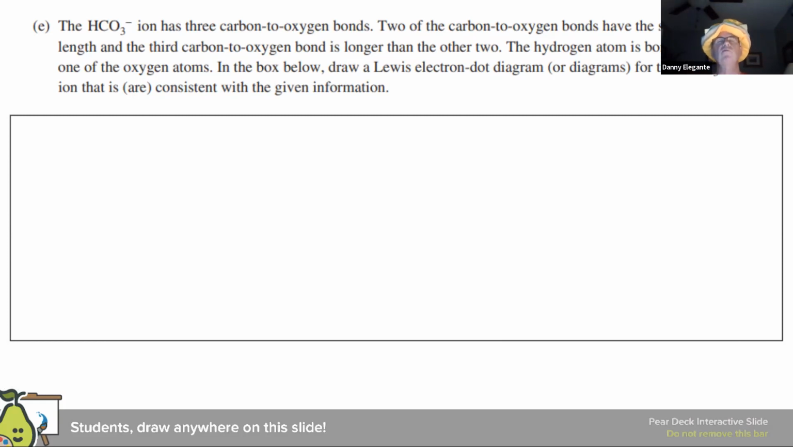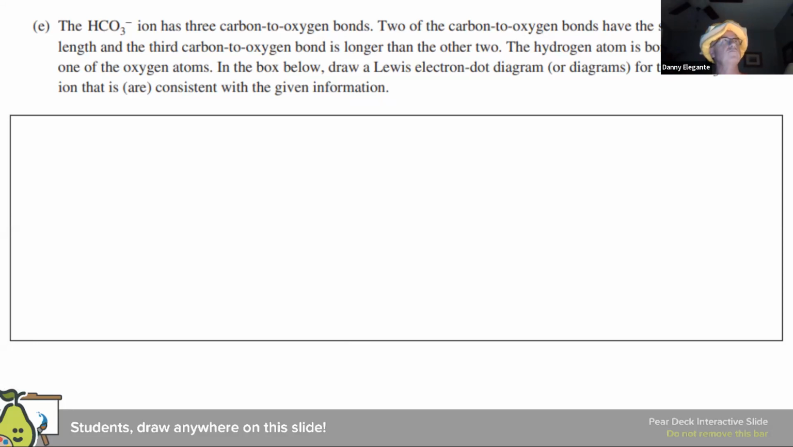All right, so let's think, why is it telling us about the bond length? What would we do to think about why they're going out of their way to tell us something? I just have to figure out what they're saying. So 3 carbon to oxygen bonds. I think I would drop carbon in the middle and then have oxygen around it, right? So 1, 2, 3, because it says there's 3 carbon oxygen bonds. So carbon in the middle, oxygen, oxygen, oxygen. It says 2 of them are the same length and the third one is longer than the other